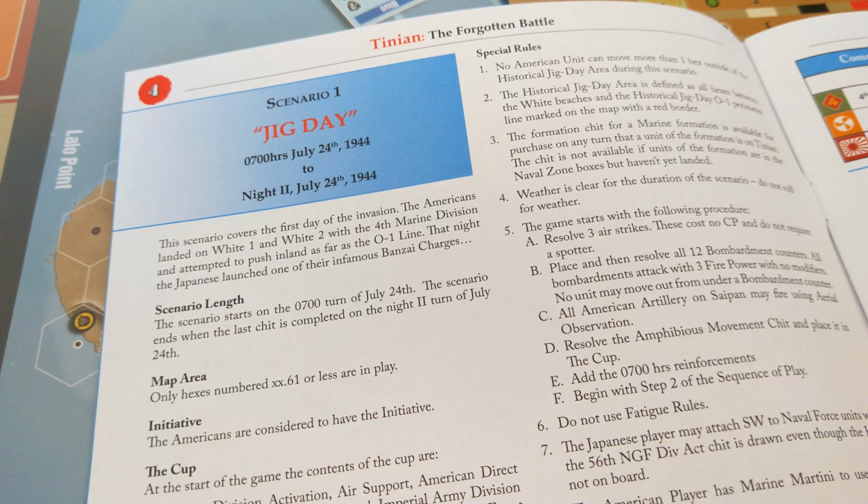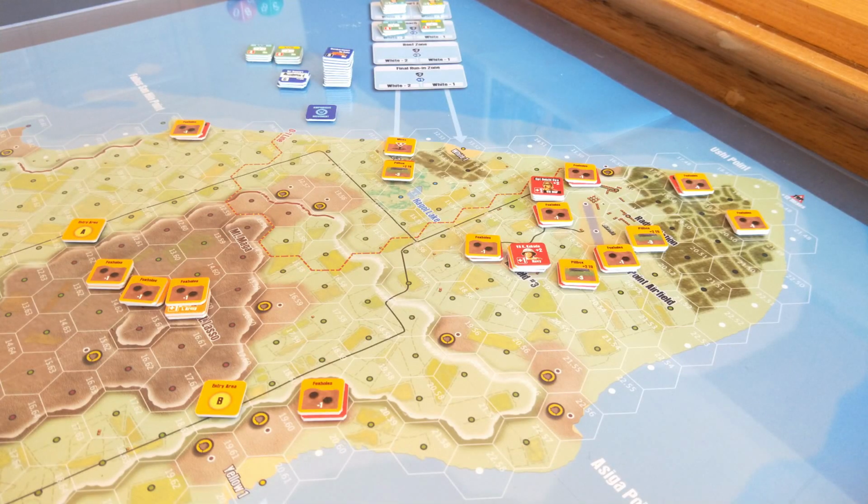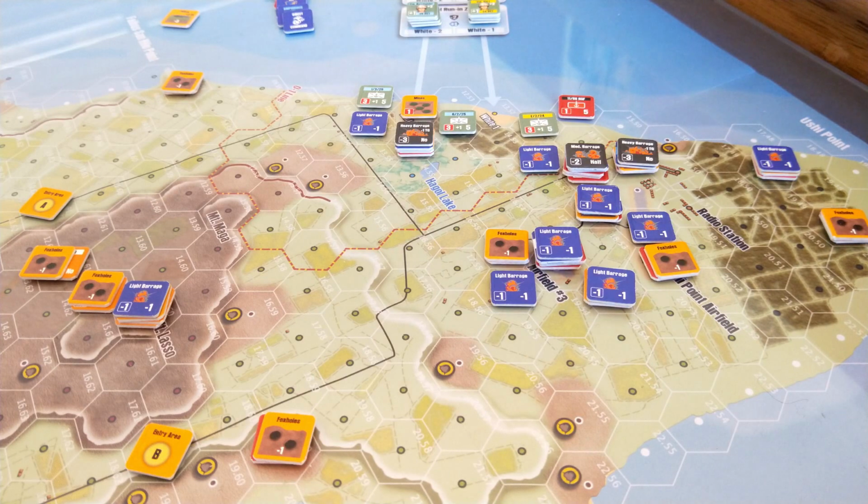The scenario starts off with the Japanese in some pretty good defensive positions, but largely away from the landing beaches. So this gives the Americans an opportunity to land and get the element of surprise. There was, of course, historically this feint down south, which was successful. It distracted the Japanese, delayed their movement to the north, and gave the American Marines, the 4th Marine Division, time to